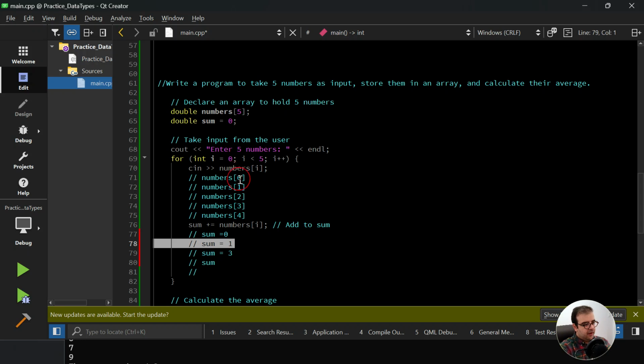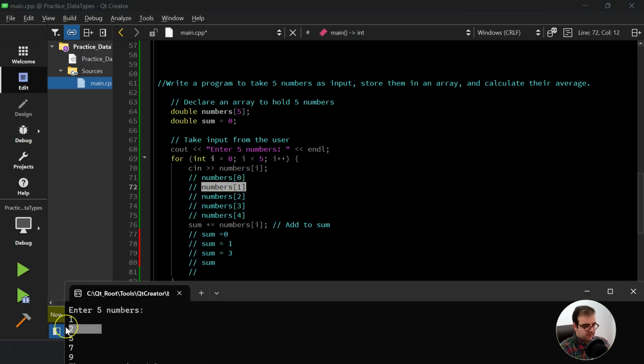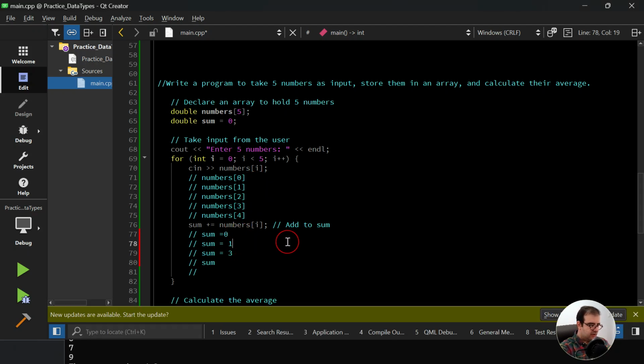So now sum equals 1. Then i is incremented. Now i equals 1. When i equals 1, we are going to enter the second element, which is 2. So we enter 2, the second element of the array is stored,